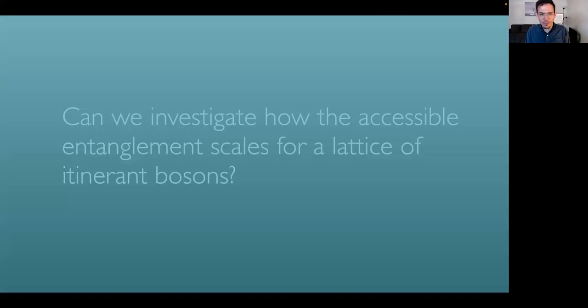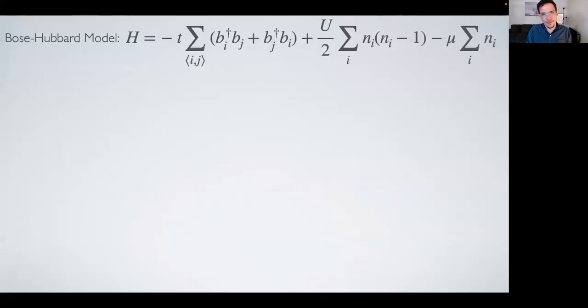So can we investigate how the accessible entanglement scales for a lattice of itinerant bosons? The model we will be investigating will be the Bose-Hubbard model, where here T, U, and mu are tunable parameters corresponding to the tunneling rate, repulsive interaction potential, and the chemical potential. B dagger and B create and annihilate a boson on the site, and N counts the number of particles